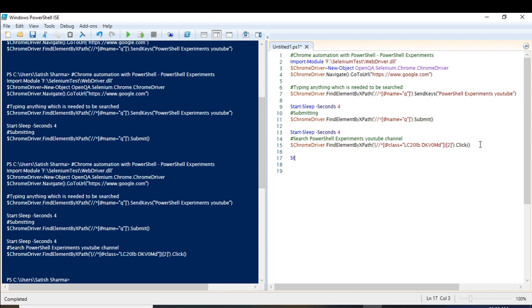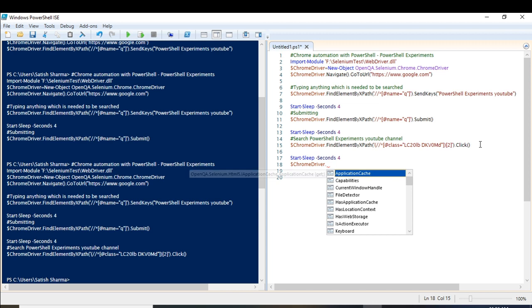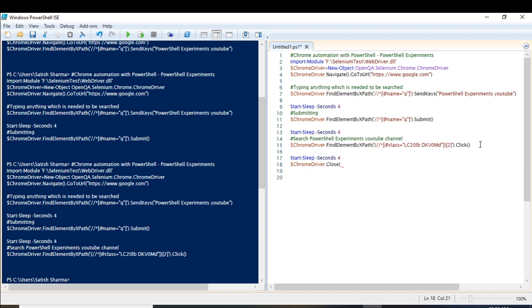Let us again insert Start-Sleep, give it a 4 seconds delay, then the Chrome driver has a method called close. So it will close the browser.